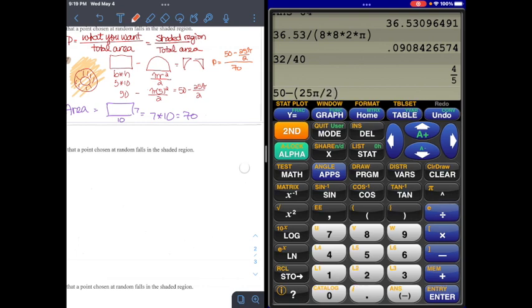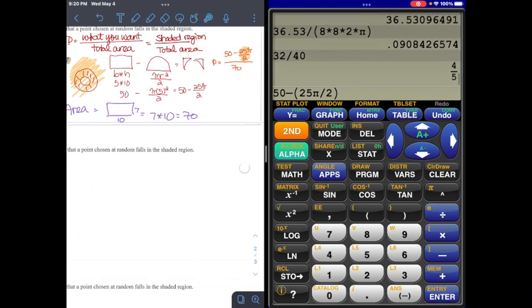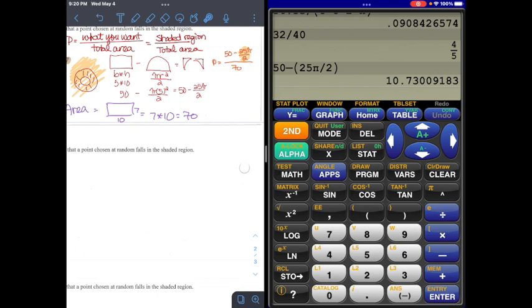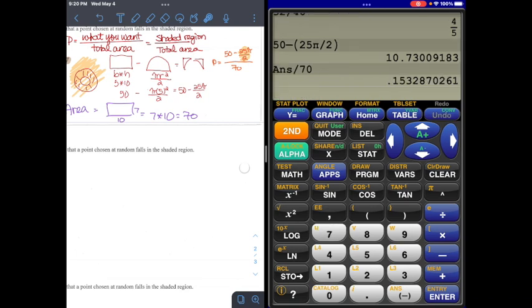That's equal to, and when you see a fraction right here, please understand you should put the fraction in parenthesis. Since pi is on the top, I just put down 25 pi, or 25 times pi is totally okay. That's times pi right here. So now you are going to press enter, and that should give you about 10.73. After that, you're going to take that, divide by the bottom, which is 70, and then press enter, and that's going to give you about